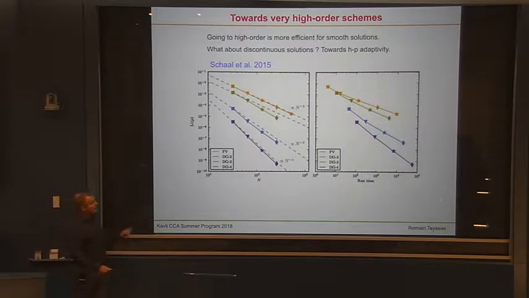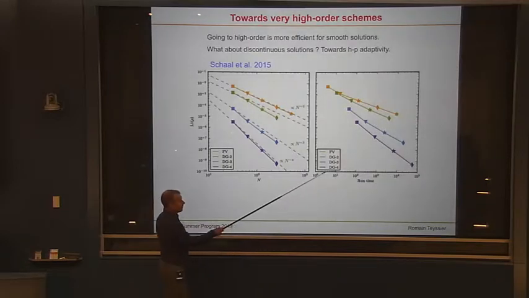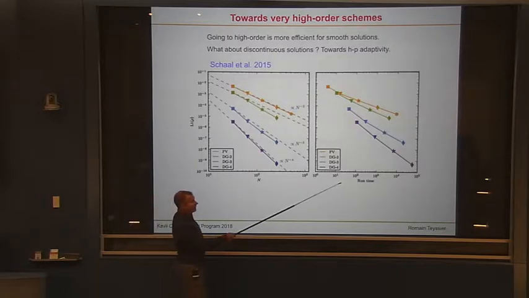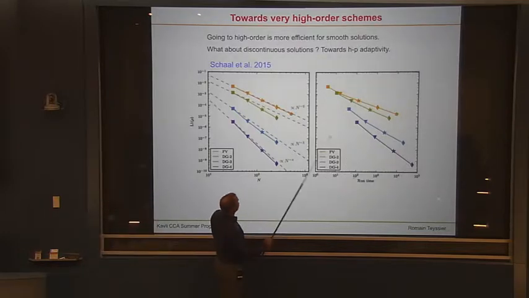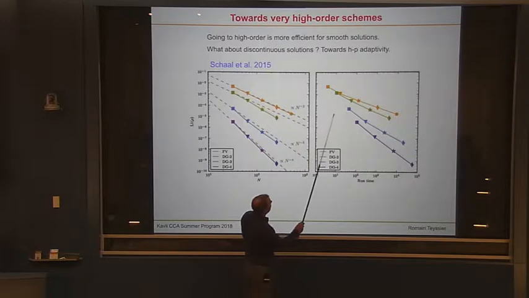But now let's represent this in a slightly different approach here, which is to do the same error norm, but now versus the runtime. So now it includes how much more expensive a higher order method is. And then you see that for a given error, so if you're targeting an error of 10 to minus 5, right? You see that for a given error,